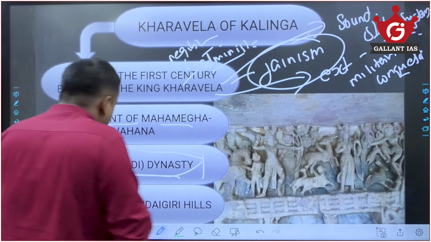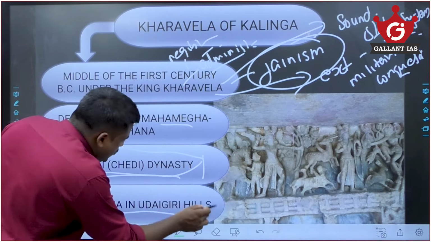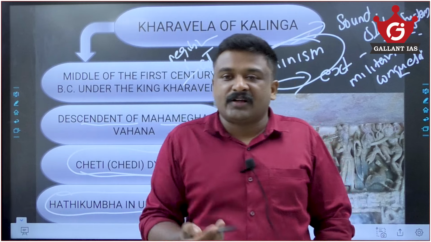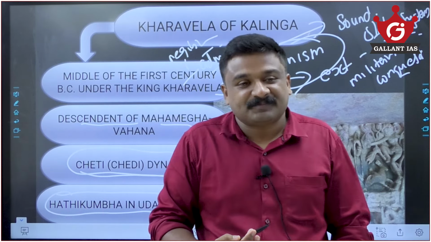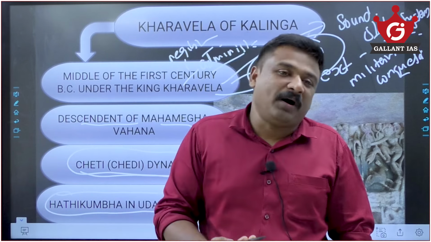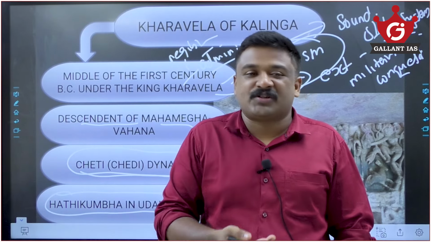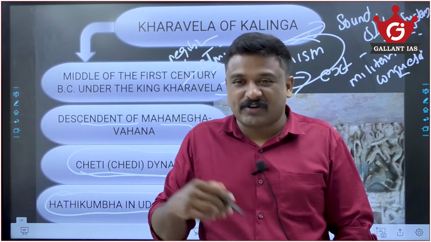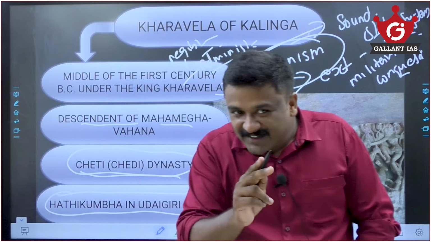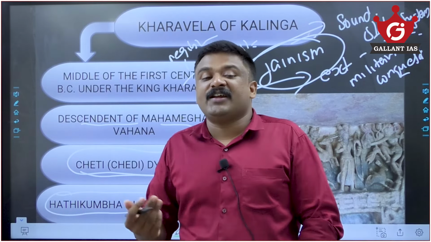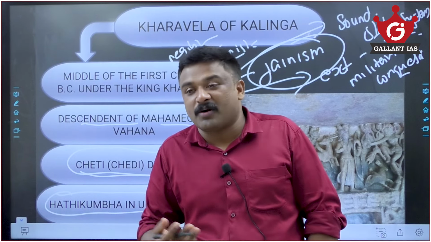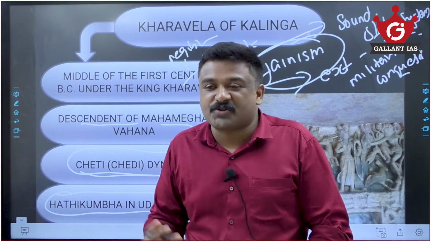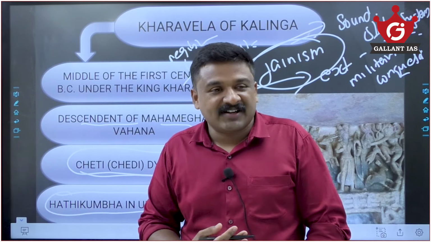Now see, there is one inscription which is the Hathigumpha inscription. You see that the different inscriptions talk about different states here. For example, we know that the Aihole inscription is about the Chalukyas. We know Pulakeshin II's victory over which ruler? Harshavardhana. Okay. Then there is the Allahabad pillar inscription, the Prayag Prashasti, that talks about Samudragupta.